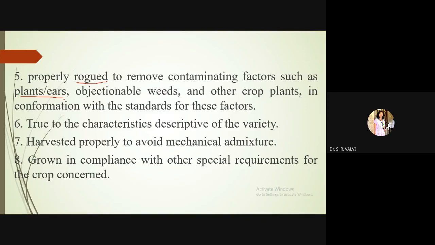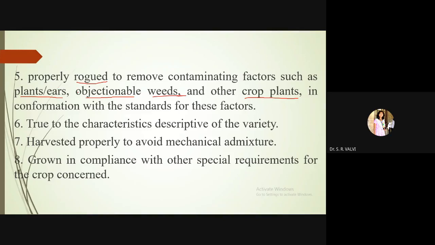In case of grasses, particularly, the word ear is used. Getting it? Ear. Then objectionable weeds, which are nothing but unwanted plants. Whatever objectionable weeds are there in those rows, you have to remove them. If other crops are also growing, you have to remove those crop plants. All these practices you have to do